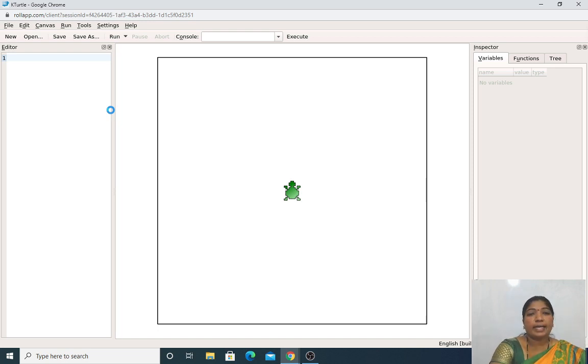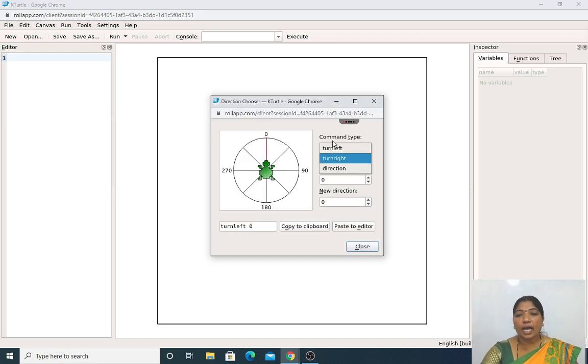Next, look here, my dear students. Here you have the command type, like turn right or turn left. Let us take turn left. If I take the previous direction, it is 0. For the new direction, I will use 90 degrees. Just to see the position of the turtle, it is moving, from 0 to 270, to the first position again. The last one is 350. If I turn it to the direction 270, this will be changed.